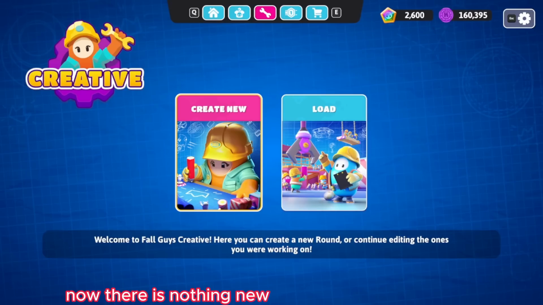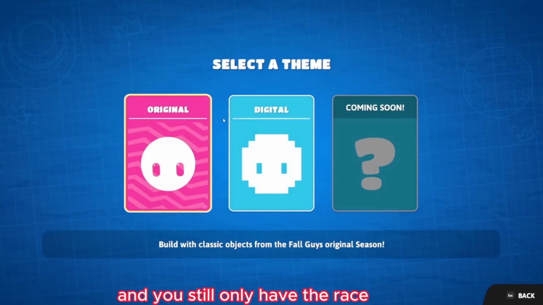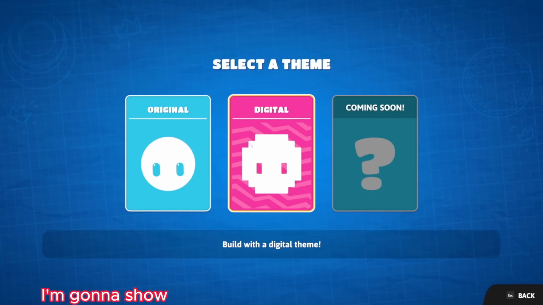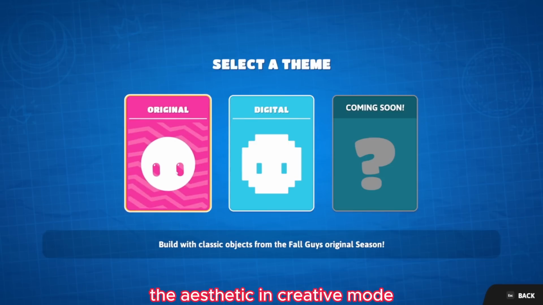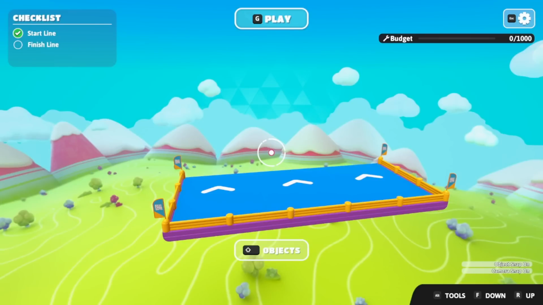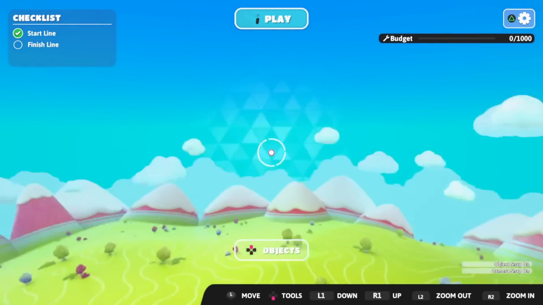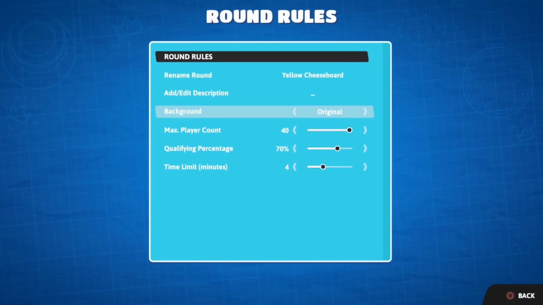Now, there is nothing new to the actual main screen, so you still go to create new and you still only have the race option and you have the original and the digital themes. However, I'm going to show you one thing that they have changed to the aesthetic in creative mode. So regardless of whether or not you go into original or digital, you now have the option to change the sky. So if you hit the settings button and you click on edit, you now have an option to change the background. So right now I'm in the original theme, which I'll get into a little bit later, but you